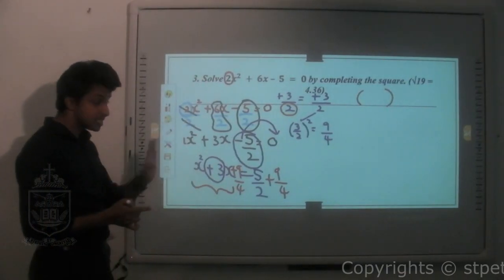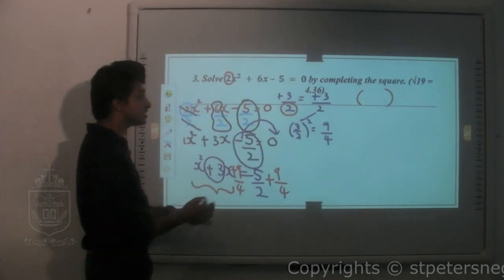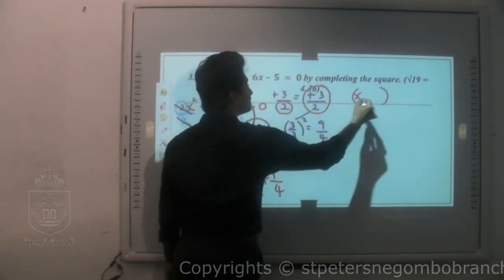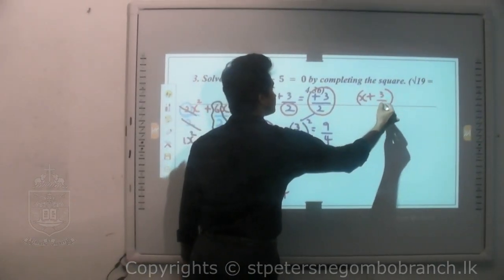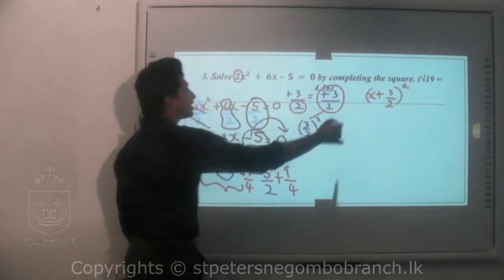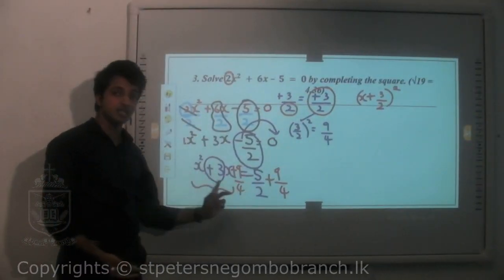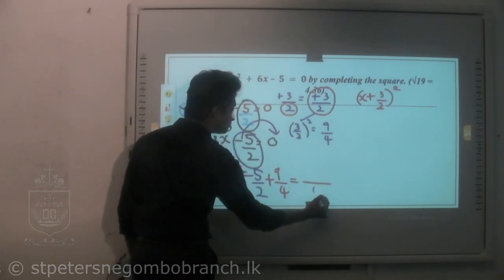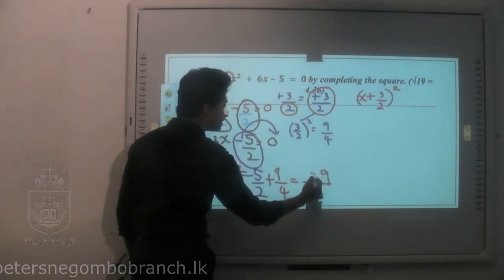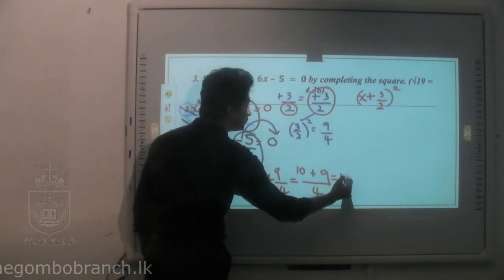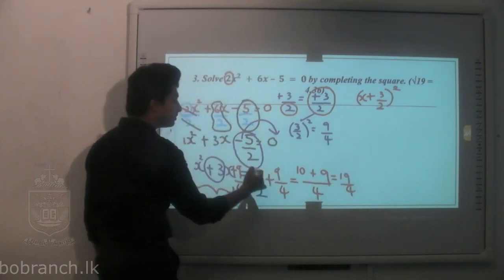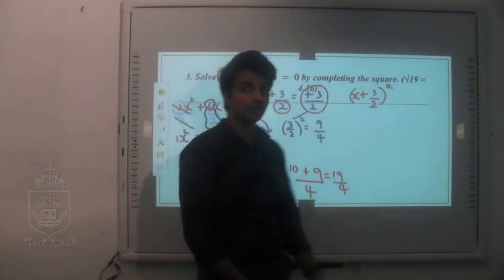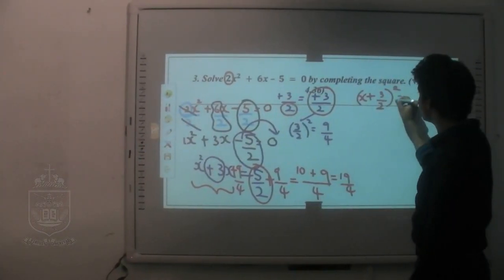For that same method, you have 2 x's here, just take 1 x out of it, and this value we have to put inside the bracket. Open the bracket and see, you will always get this answer. This can be further simplified, children. So simplify here as it is. That is going to be 19 over 4. When you simplify these two fractions, you will get a value called 19 over 4. That value I will take here.